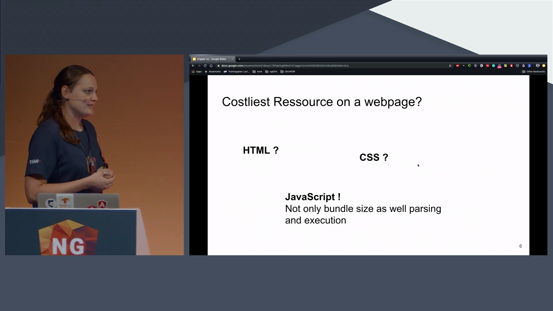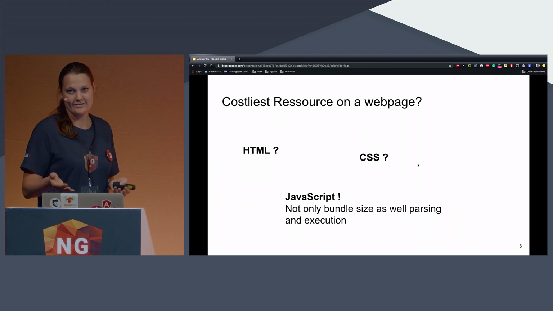There were people with smartphones, so-called low network devices, who had tons of JavaScript to download. And this is one of the biggest issues Angular had back then or still has. And the team is really working right now on making this better.